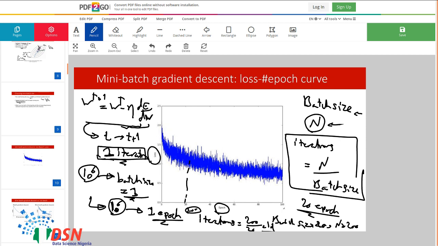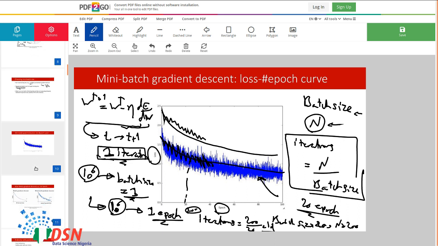Okay, but the point of this plot is that when you use mini batch gradient descent, you have something like this, as you can see here. You don't have a smooth curve, right? You have a trend here to demonstrate that you are doing well in training your neural network in general, but for each batch you have lots of oscillation